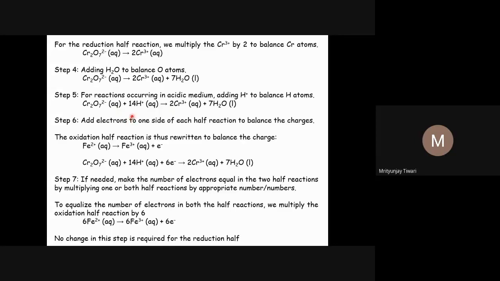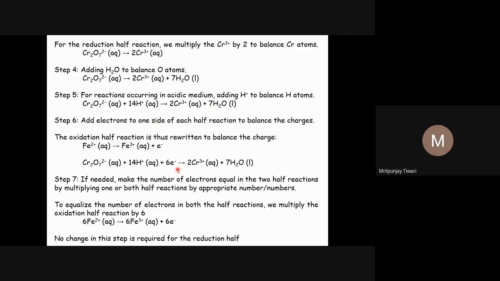So 12+ on the left hand side and 6+ on the right hand side. To make the net charge balance, since we are adding electrons, we add electrons on the left hand side because positive charge is in excess on the left hand side. Net charge is 12 on the left hand side and +6 on the right hand side. So 12 minus 6, the difference is 6. We need to add 6 electrons to the left hand side. So that is what we do here. We add 6 electrons on the left hand side.